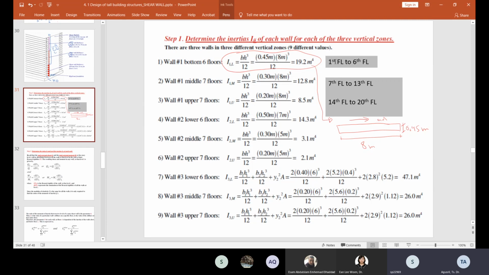Because this is inside between level 1 and 6, the floor level number 5, the above and below K will be the same value. Is it clear? Yes, doctor. Sorry, can you repeat it again? Which one? This one, the last we talked about, from 1 to 6, in between.